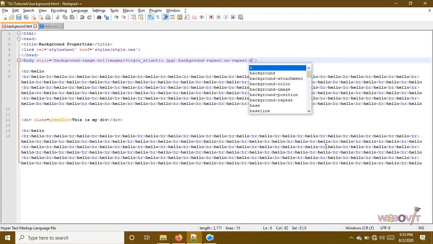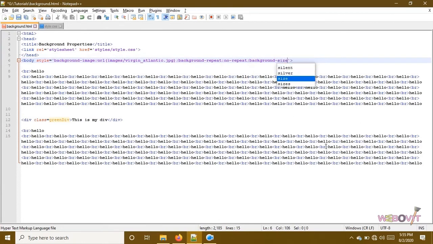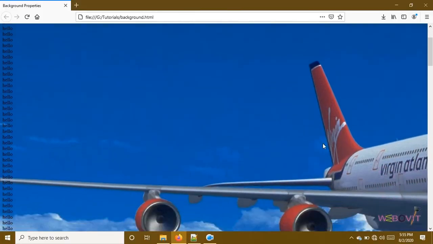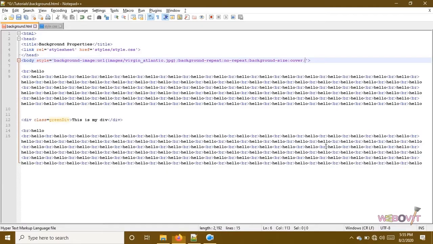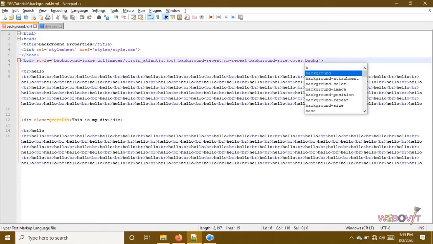Then background size to be cover through the full screen, and we want it to be fixed. Since we are scrolling down, the image is also getting scrolled, and we don't want that. We want the background image to be fixed at one position. So what we will use, background position fixed.